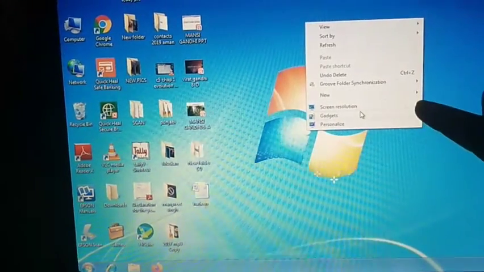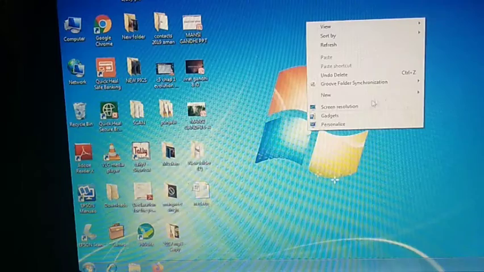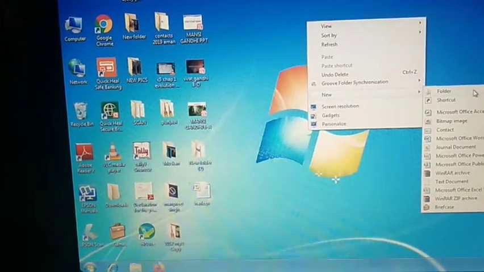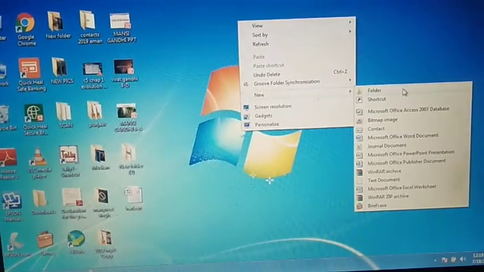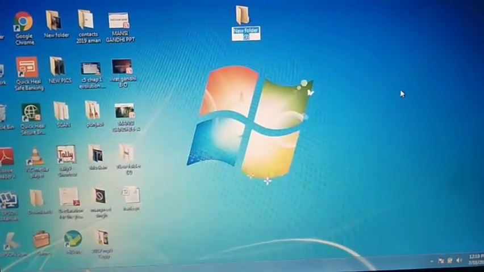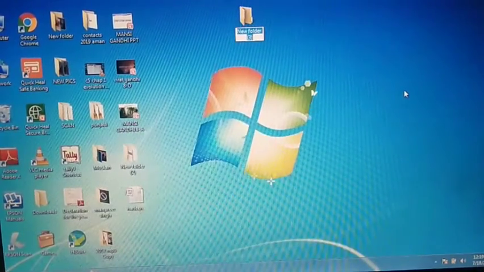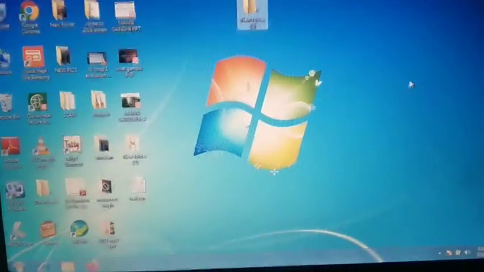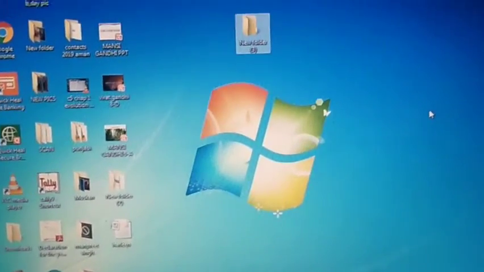Can you all see a small arrow over here? When you will go on it, a option will come of folder. The very first option will come of folder. You will just click on it and a folder is there, and you can even give it any name to the folder. Suppose I don't want to give any name, I just press the enter key. So my folder has been created.